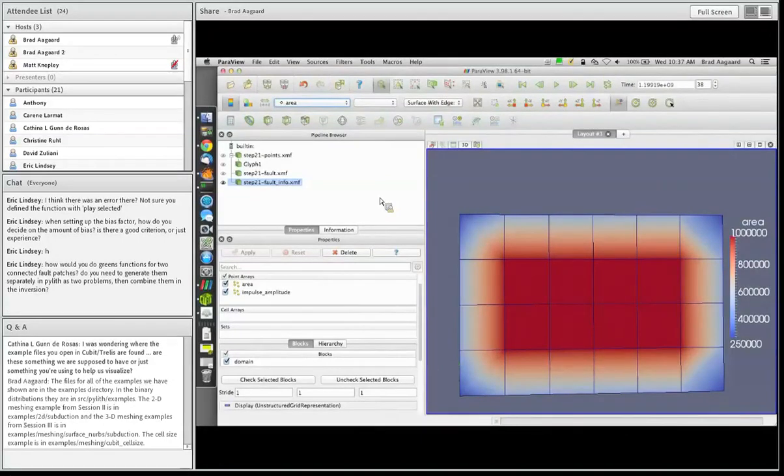So the question is, how would you do greens functions for two connected fault patches? Do you need to generate them separately in PyLith as two problems, then combine them in an inversion? So if we had two independent fault surfaces, there's multiple ways to handle this. If they were the same fault surface but sort of separated, and you wanted to do inversions for one piece of the fault separately, you wanted to only do greens functions over these two separate patches on the fault,